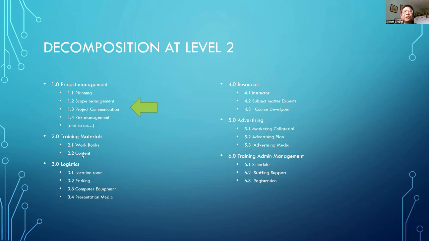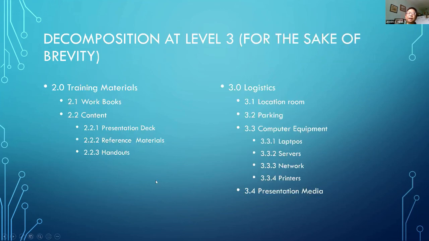Like maybe itong content, pwede mo pang i-breakdown, or itong computer equipment, baka pwede mo pa yan i-break down. Okay? Yung marketing collateral, baka pwede pa yan. Bakit? Kasi meron kang Facebook, may video ka, may flyers ka. Okay? So, if I can still decompose it at level 3, and I just chose 2, the training materials and